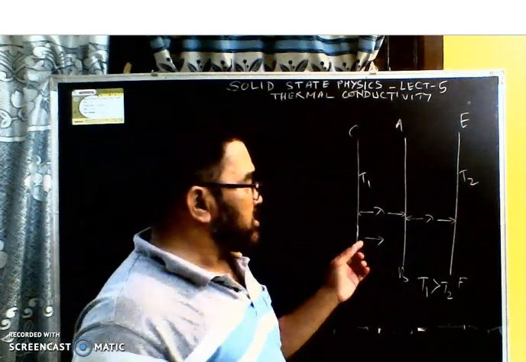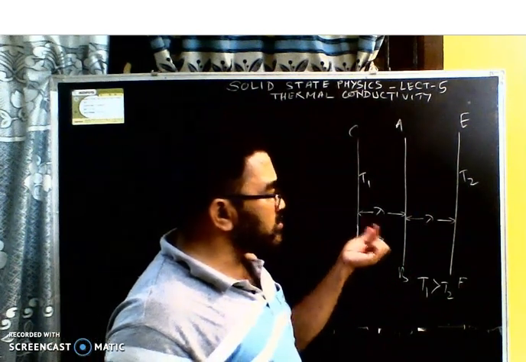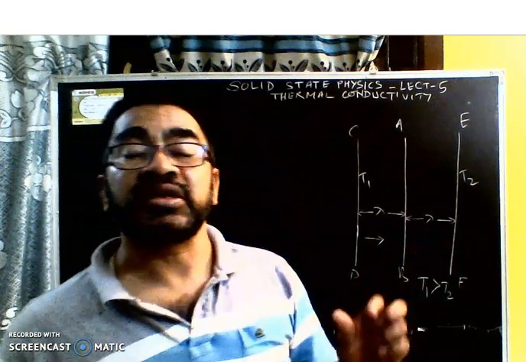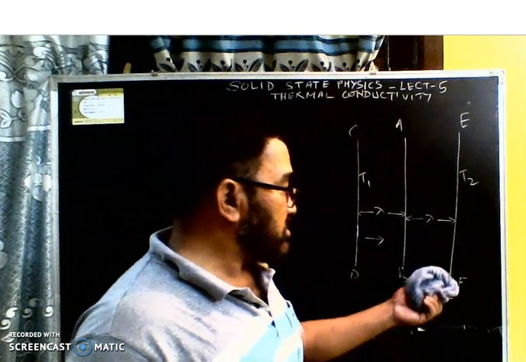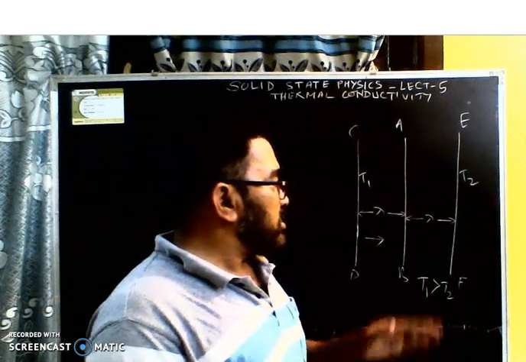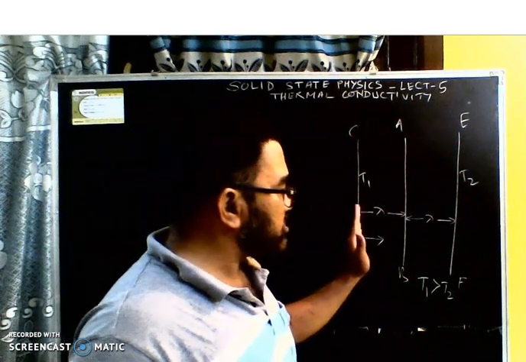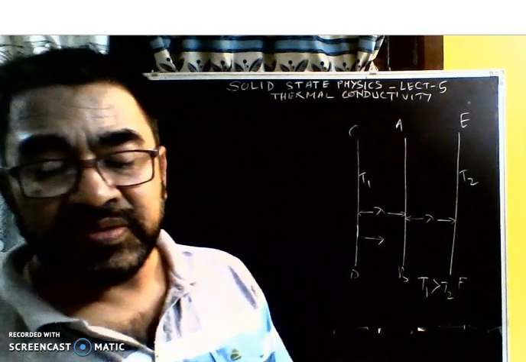That is, during collision, the electrons towards this side will lose kinetic energy, and electrons towards that side will gain kinetic energy. So we have to find the transfer of energy. Heat will be transferred from this side to that side. So let us find out the net